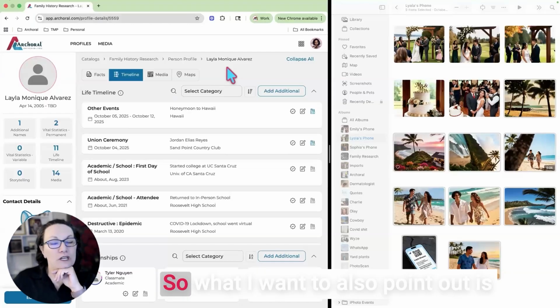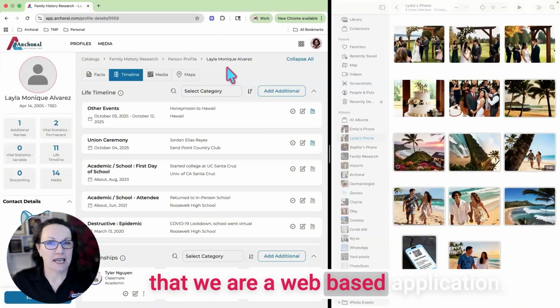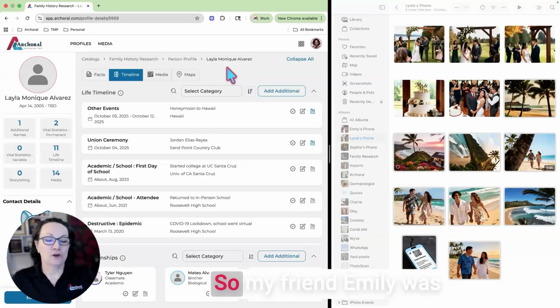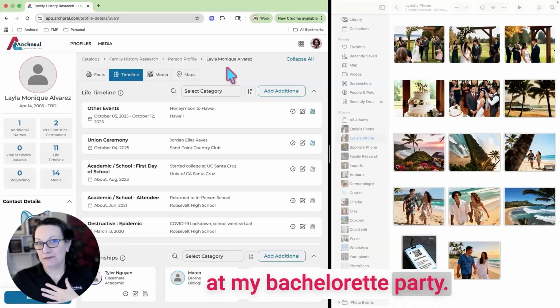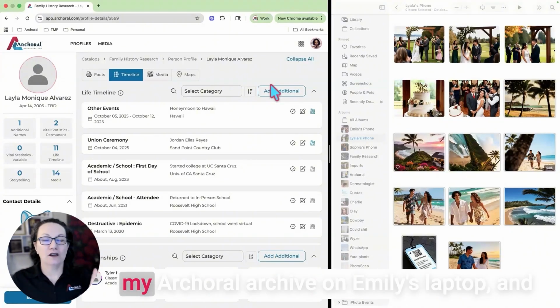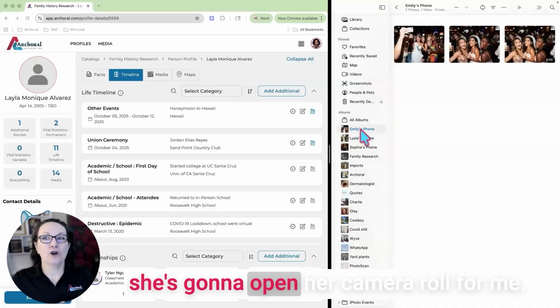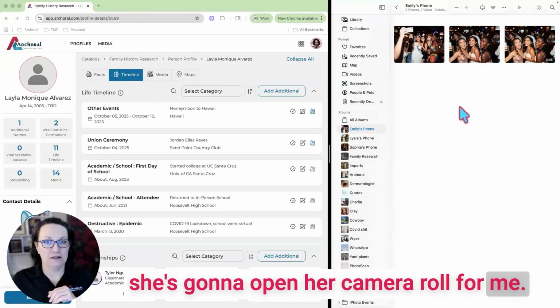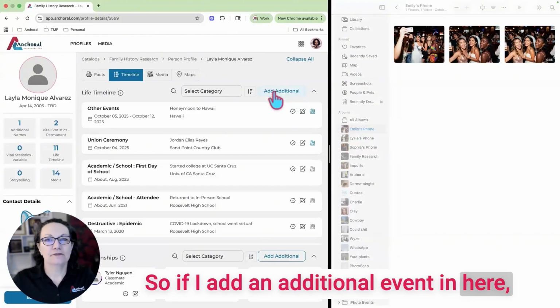All right. So what I want to also point out is that we are a web-based application. So my friend Emily was at my bachelorette party. So I'm going to go and I'm going to log on to my Archoral archive on Emily's laptop. And she's going to open her camera roll for me. So if I add an additional event in here,